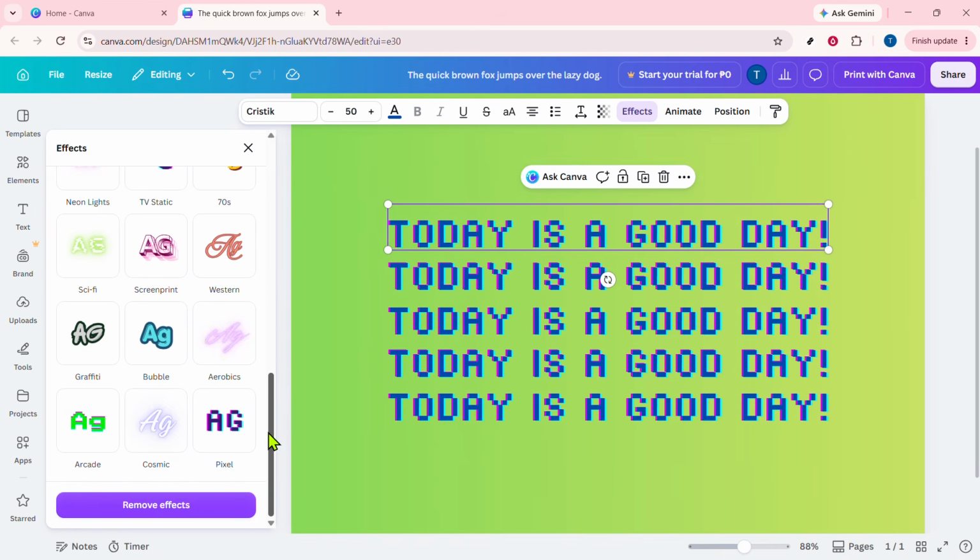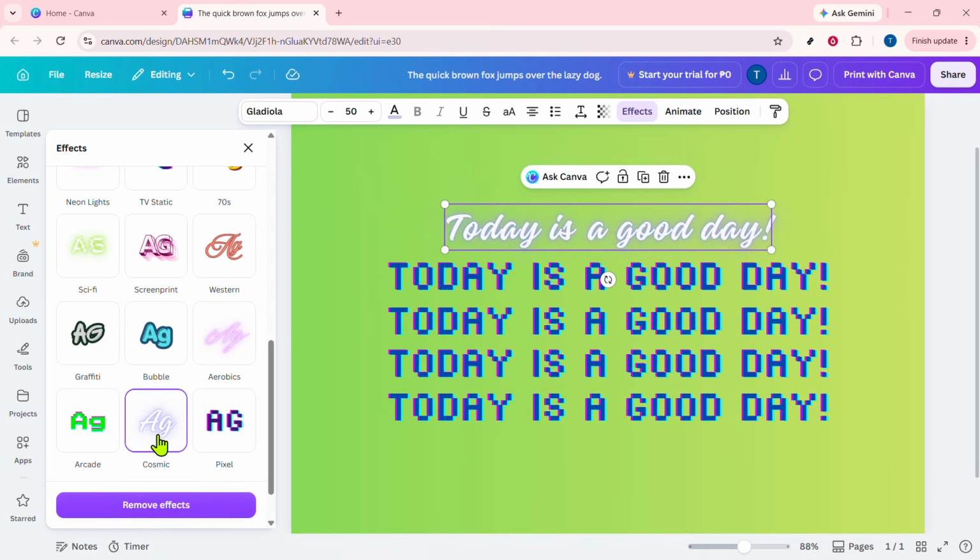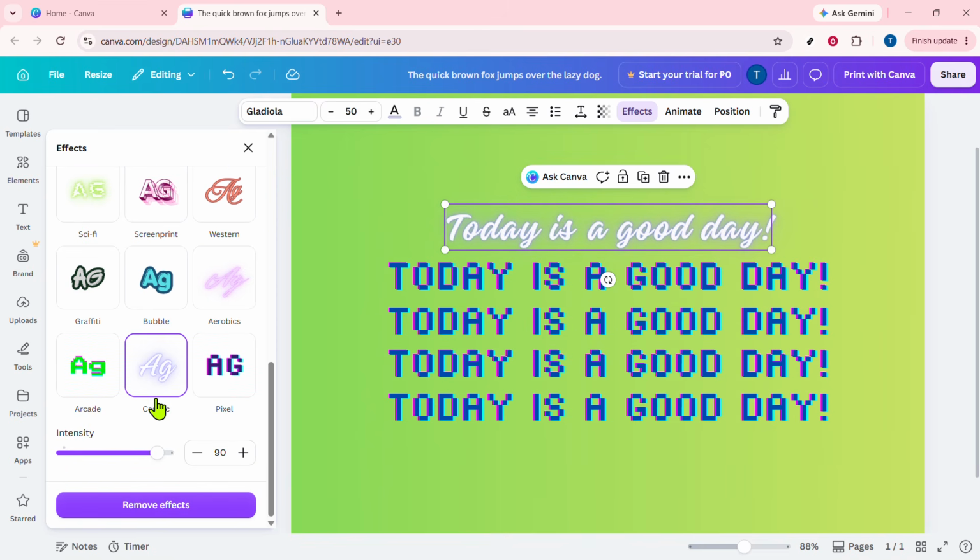After selecting your text, look for the Effects option in the editing toolbar. Click on Effects to open the panel that contains Canva's text styling features. This is where you can add different visual treatments to make your text stand out more. Depending on your screen size, the toolbar may appear slightly different, but the Effects option will still be available once